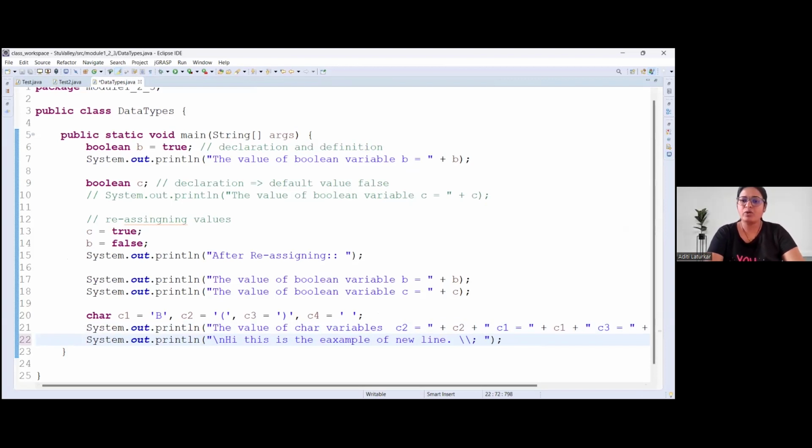Similarly, if you want to use semicolons or quotes like these, double quotes, single quotes, they have some meaning in our Java programming. If you want to display these, then again you have to use these escape sequences to display those quotes here, semicolon here. ठीक है, so अगर आपको करना है तो आपको backslash use करके ही लिखना पड़ेगा. Then only you will be able to